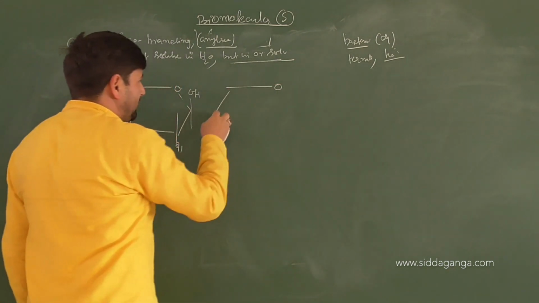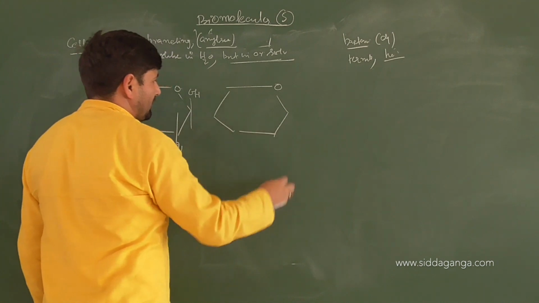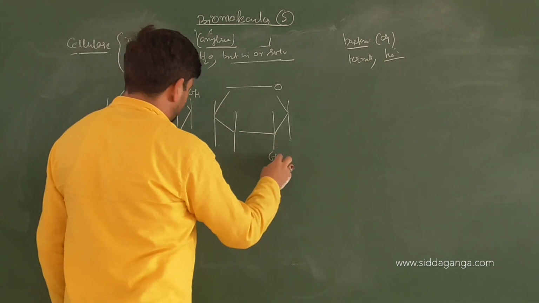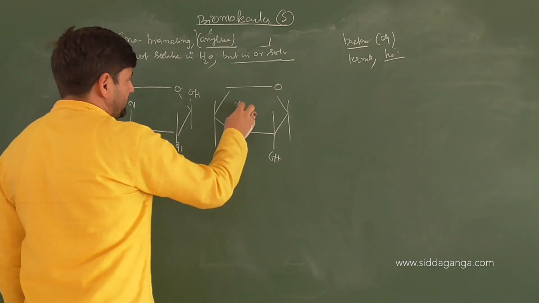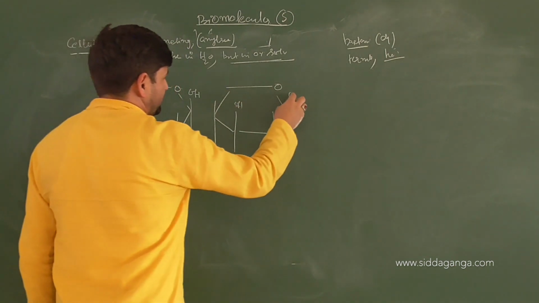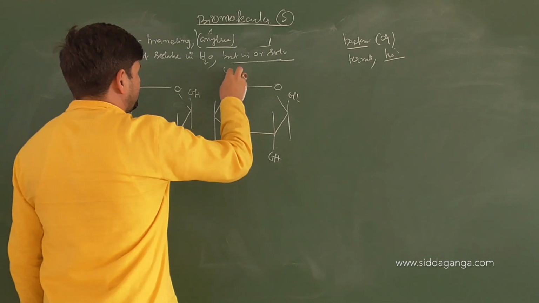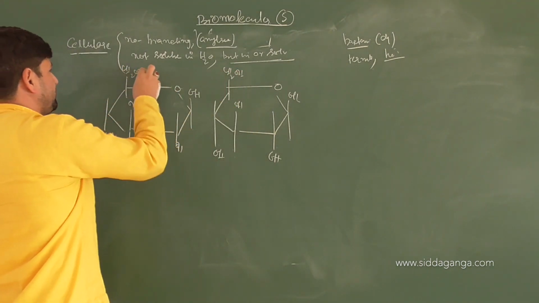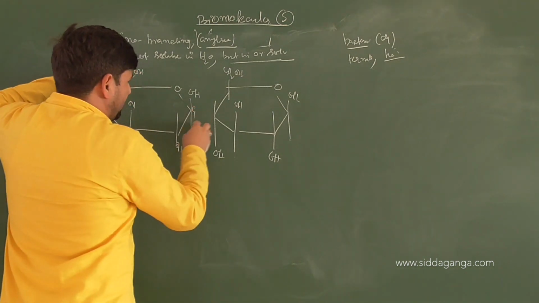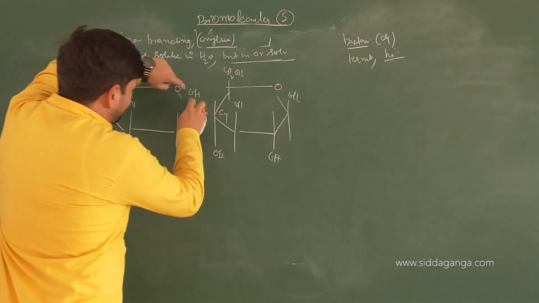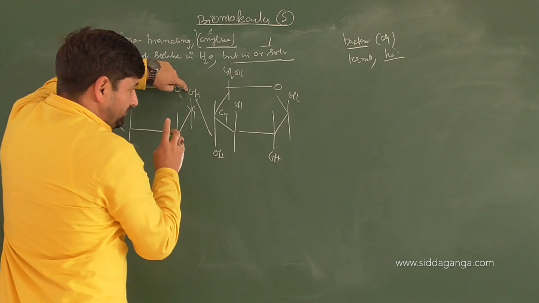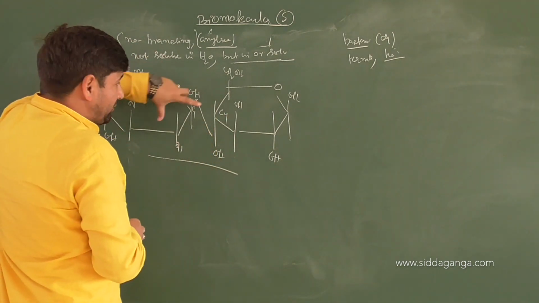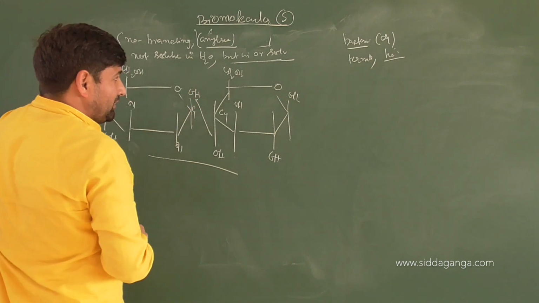Now the other beta D-glucose unit. So OH, then you got OH, then you got OH. This is beta OH, this is CH2OH. Again you have got here CH2OH. This is carbon 1 and this is carbon 4. You can easily see the link is upside down. Yes, so a crooked link like that in lactose was developed, a crooked link will be developed here also.